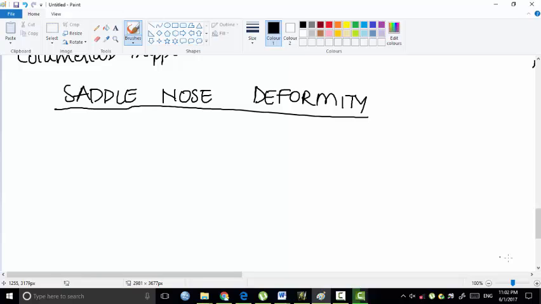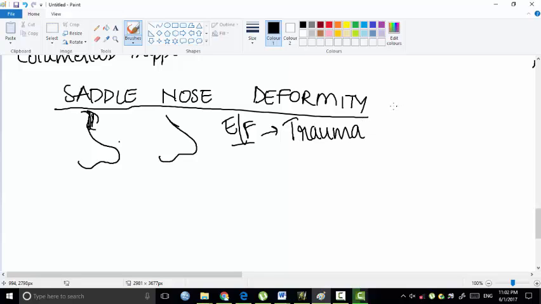So in saddle nose deformity, if you see, a saddle nose would be like this. A saddle nose deformity for a person will look something like this, and later after correction it would look something like this. The saddle nose deformity, if you see the etiological factors, may be caused most commonly by trauma, due to accidents or any other injury,